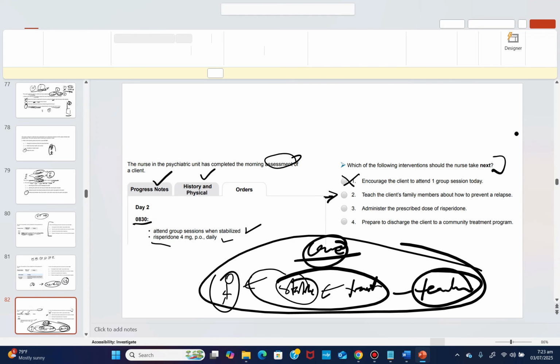I did not give you any crazy rationale. Instead, I told you, let's think about it this way. You have a patient that presented in the unit, right? You completed the assessment and you notice that the patient is not stable. Nowhere in the whole body of the question does it say you've completed a treatment. So why would teaching be the next thing for you to do? A patient is not stable and you are calling the family member to teach them. Does that make any sense?